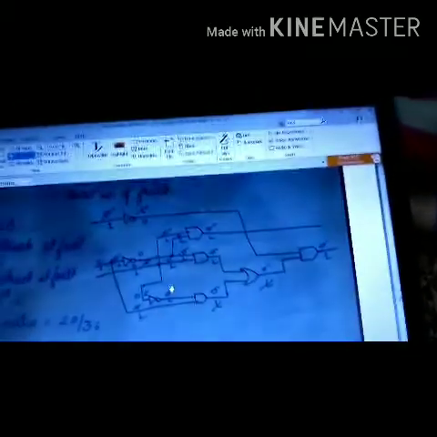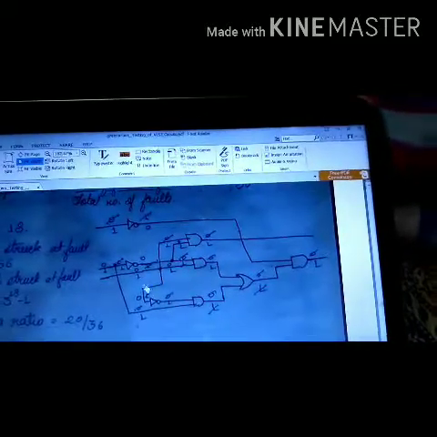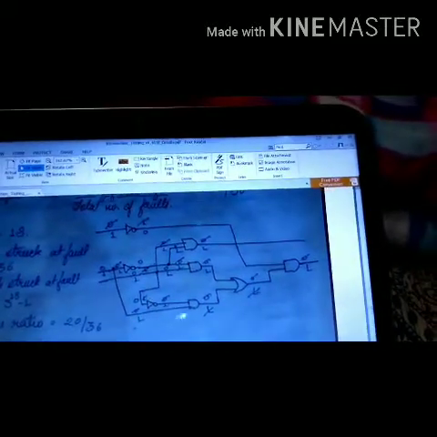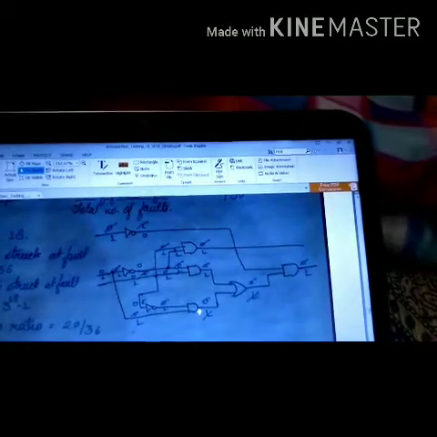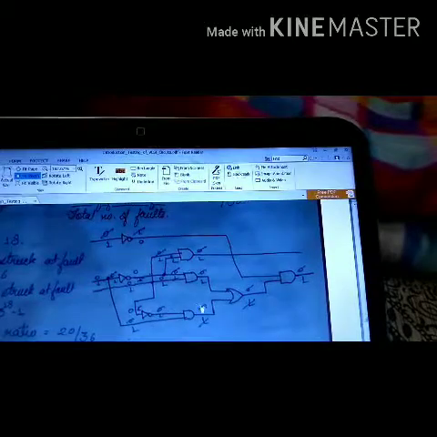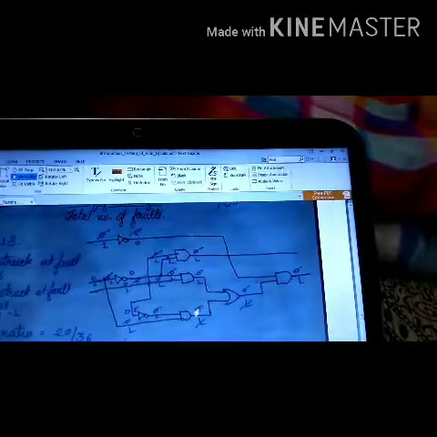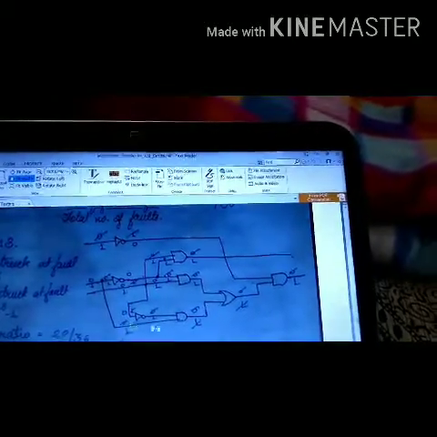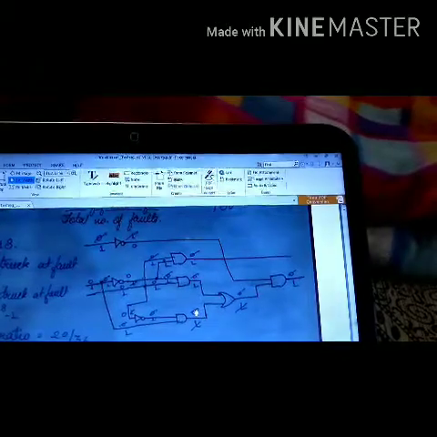Now, these three NOT gates have been dealt with. Now we are coming to the AND gate. This AND gate will cancel stuck at 0 faults. Now this stuck at 0 fault is already cancelled, so I cannot cancel this stuck at 0 with this; I will have to cancel this stuck at 0 with this stuck at 0.